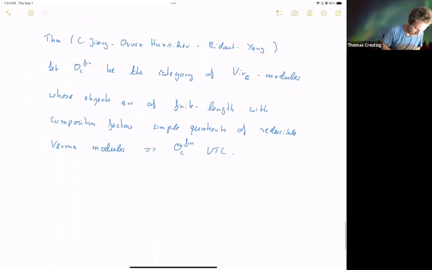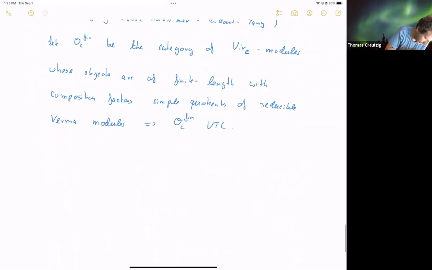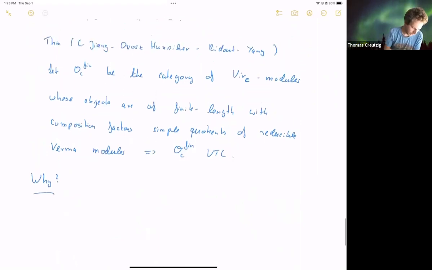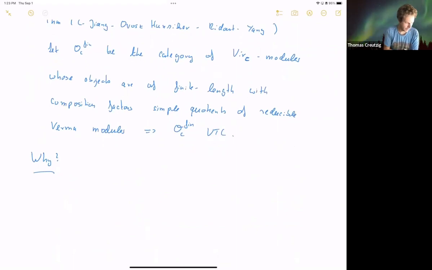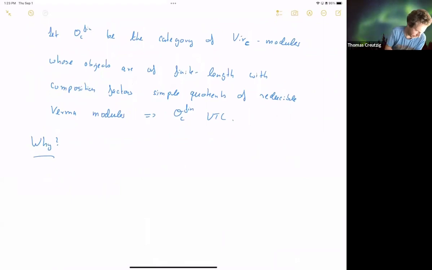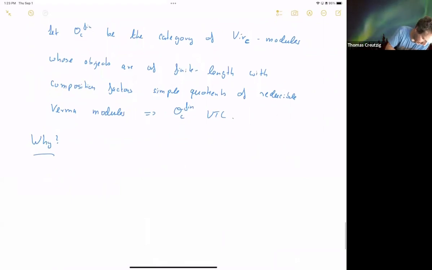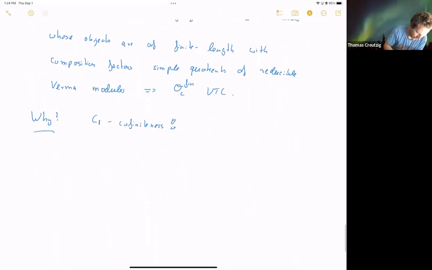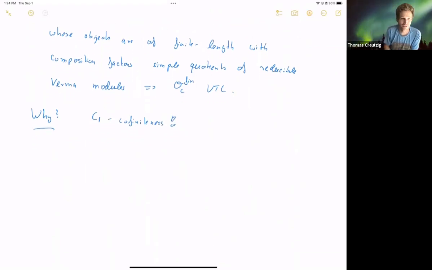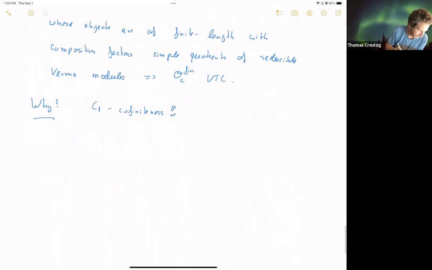And so let me state this next. So now we want to understand, why is this true? So what's the heart of this? And these two results were the ones that led Jinwei and me to realize how to efficiently formulate everything. So the answer to why this is all working is that C1 cofiniteness is the key. So that's why the talk has this title. And